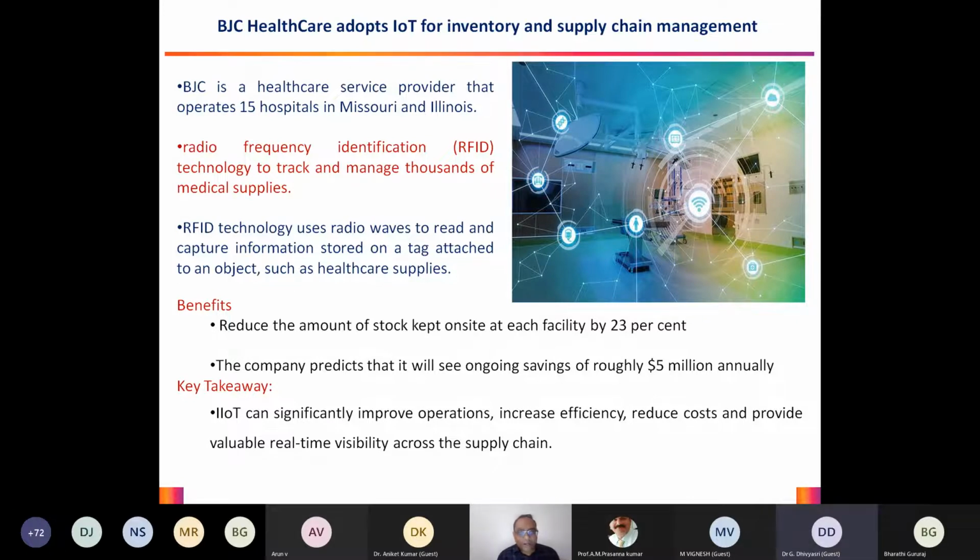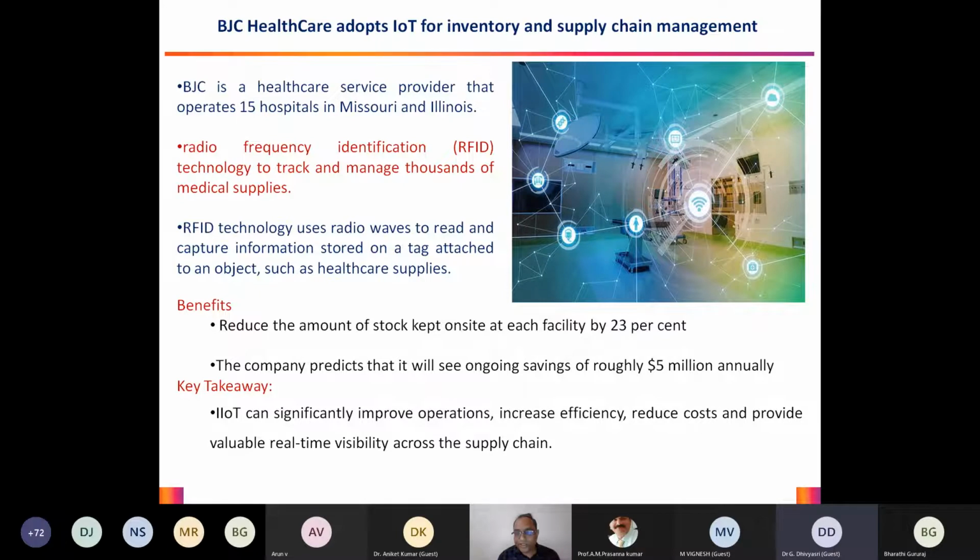So I think when we look at it from the hospital's perspective, we all know that when we go to a hospital, there are so many things to look at as far as the medical equipment, and any sort of operation related items, be it the consumables, be it the machines, be it the pharmaceutical equipment and all those things, right? So there is a huge chunk of stock available. So it is very difficult to keep track of all these things manually. If I have to just go and check what kind of equipment is available and what their expiry date is, that would take a lot of effort from human beings.